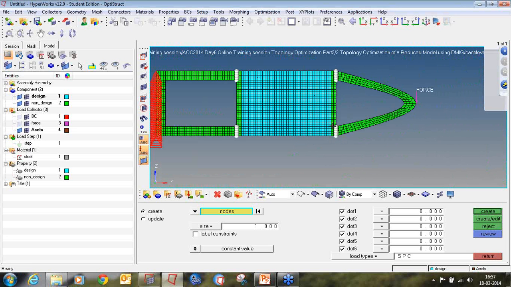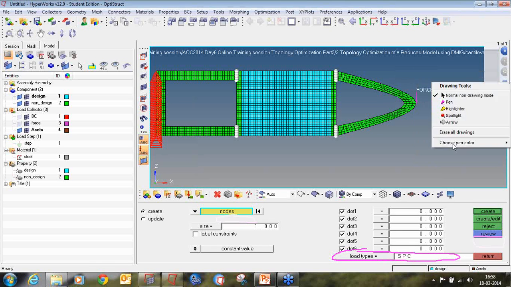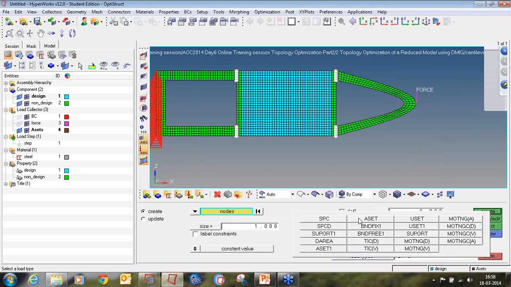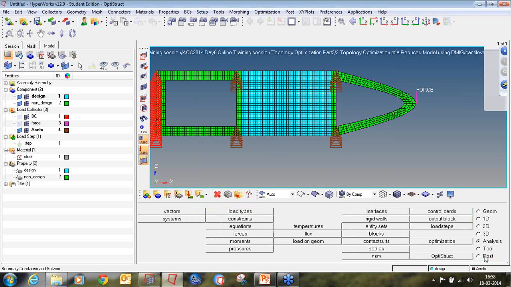These are the areas where we are going to define the ASET entities for this model. Make sure all the DOFs are checked, and select the load type as ASET. Click on create, so it will create the ASET entities. Click return to go back to the main menu.